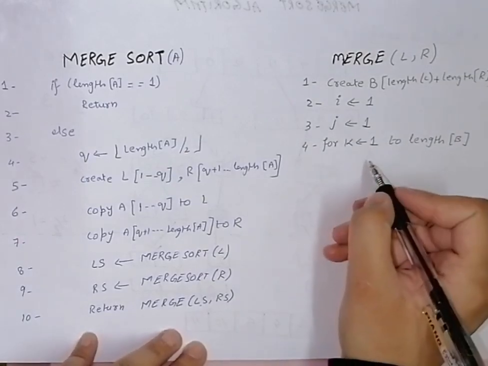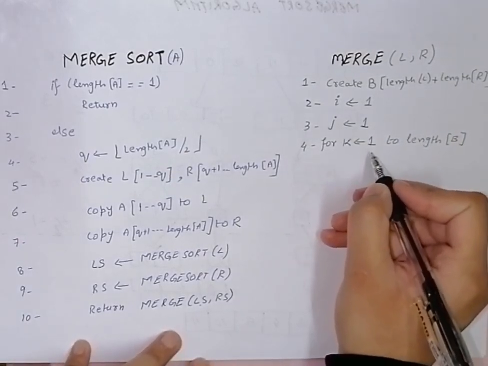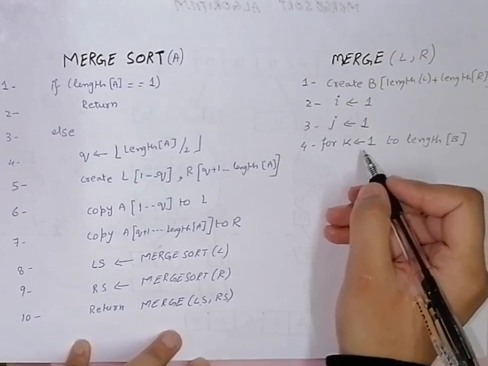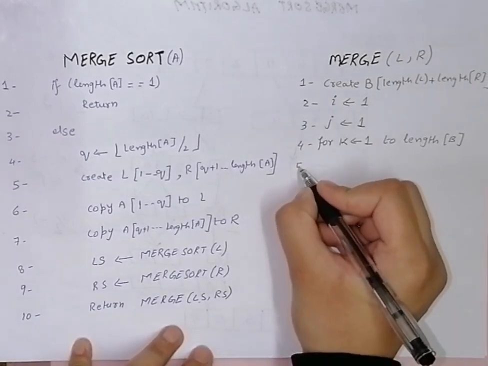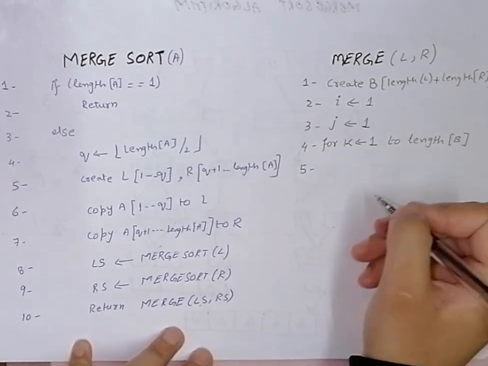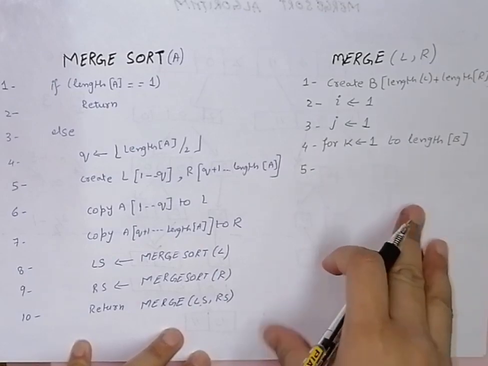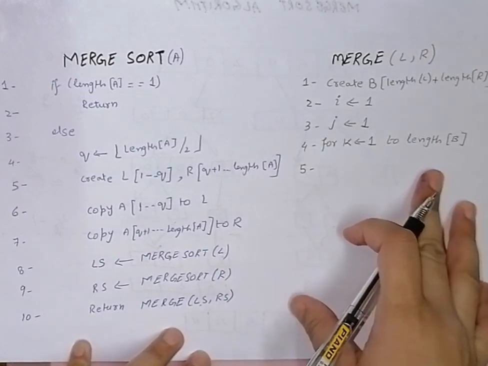Since theoretically we start the index with 1, I'm writing 1 here. If you are going to code it, the starting value would become 0. And obviously to length minus 1, we will move to length minus 1. Now another important thing is we have to do the comparison, that is, which value is greater or